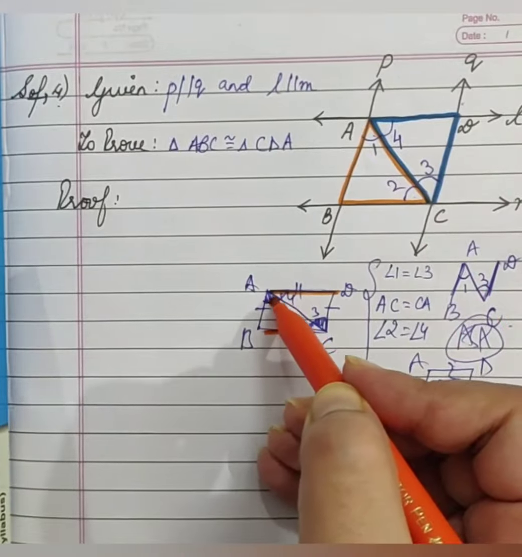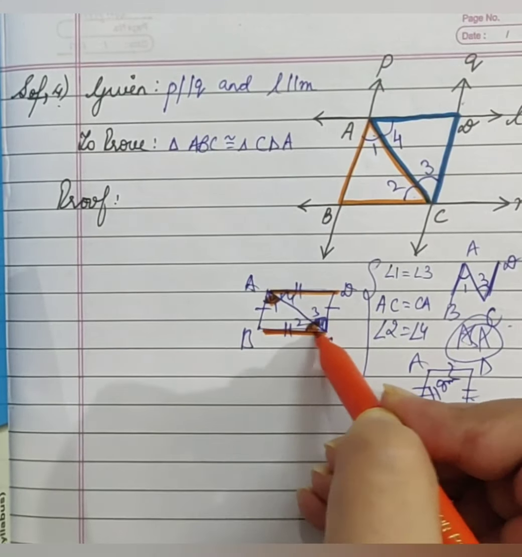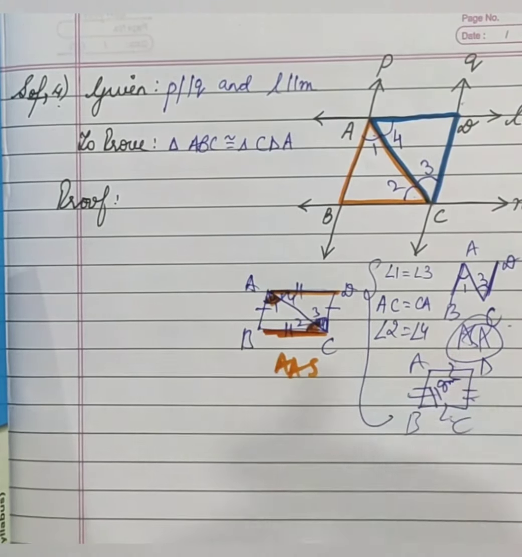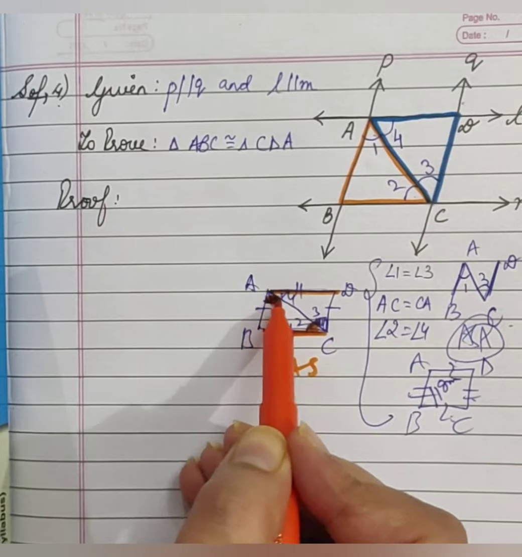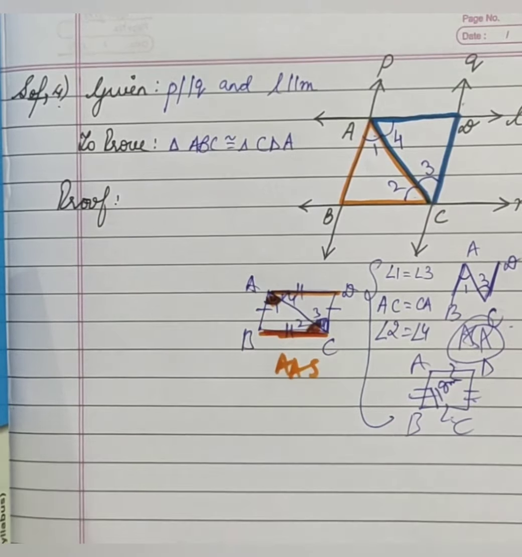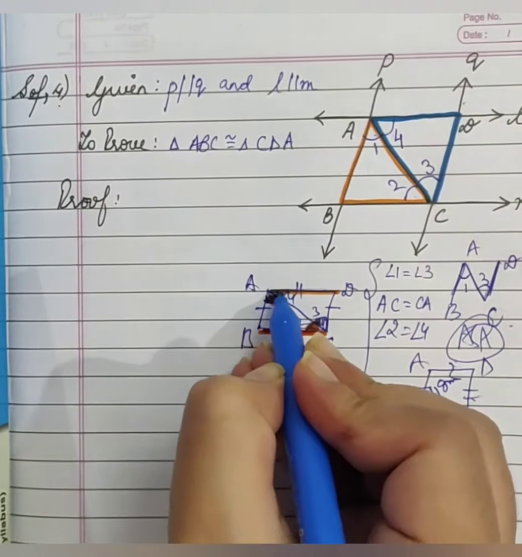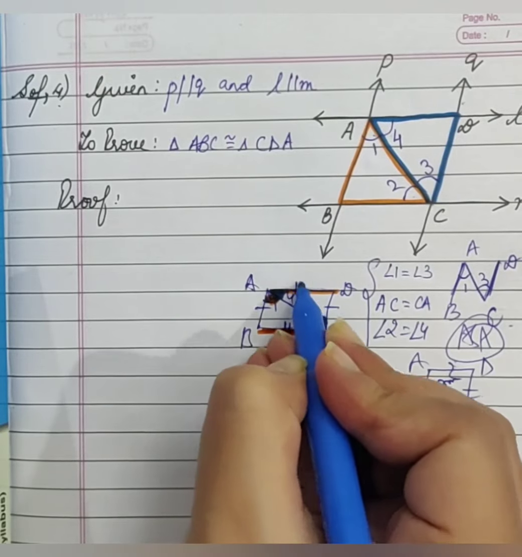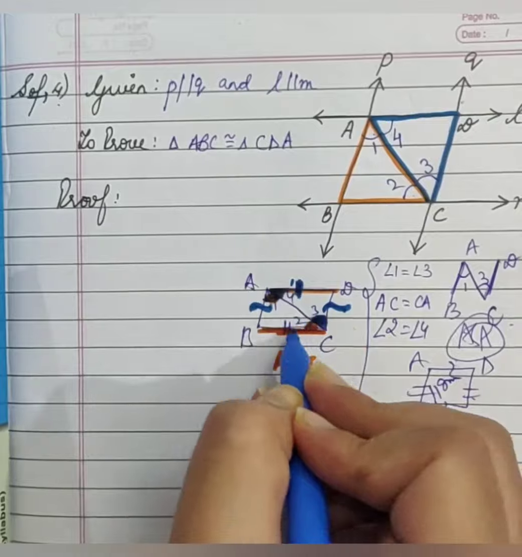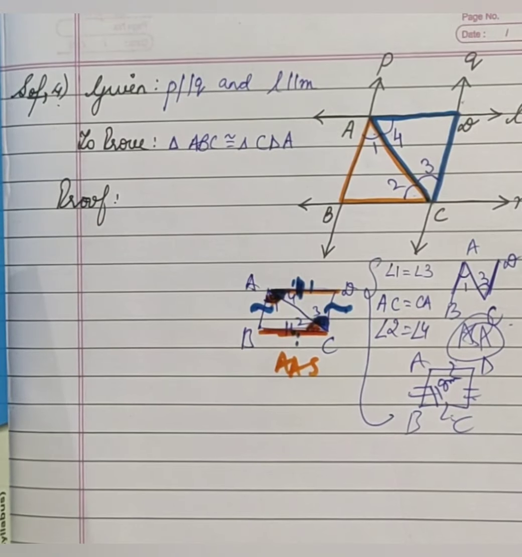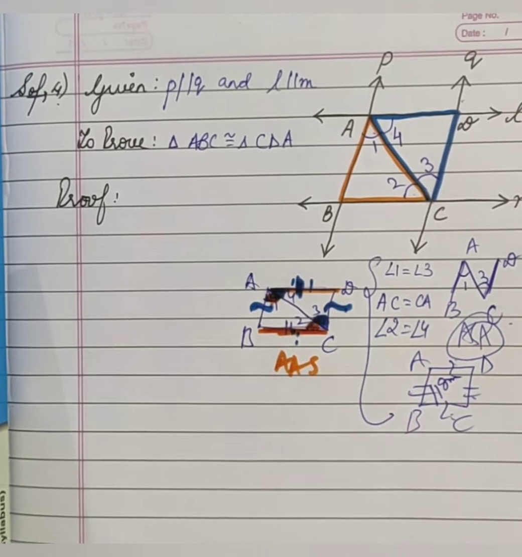So by angle, side, AAS congruence also, we can prove these two triangles as congruent. See how I did? Angle, and side. You can check in the other triangle also. Angle, side. You can use this side and this side also instead of AD and BC. Let's check the other congruence if it fits or not.